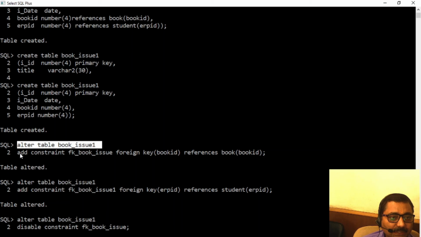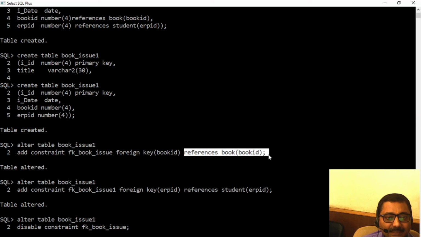So it's very simple. You need to use the keyword add, then constraint, then the name of the constraint, and then foreign key is the type of constraint, and this is the column of the detail table which will be acting as a foreign key, and this is the linking.